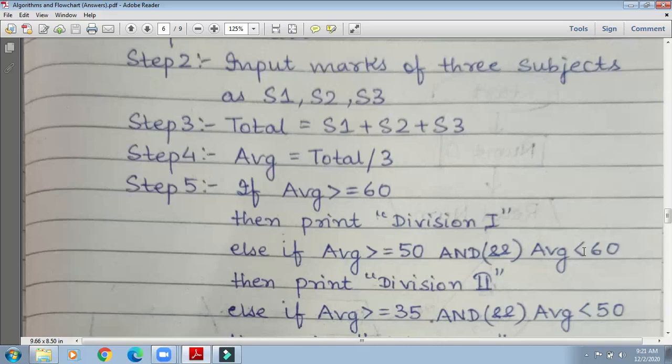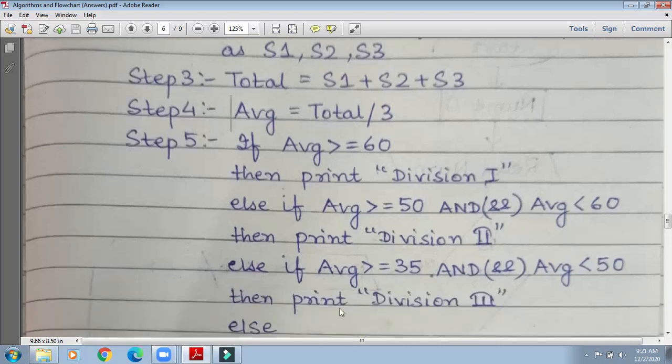In this way it will be between 50 and 60. If the average is greater than 50 and AVG is less than 60, it means it is between 50 and 60: 50, 51, 52, 53, 54, 55 till 59, not 60. So if AVG is greater than or equal to 50 and it is also less than 60, then print division 2.